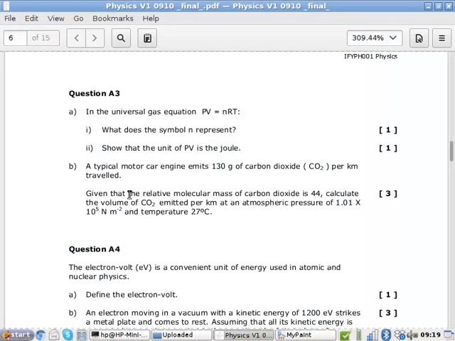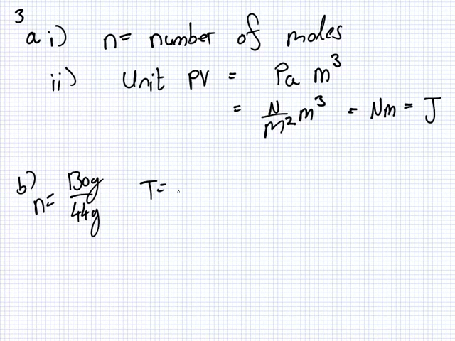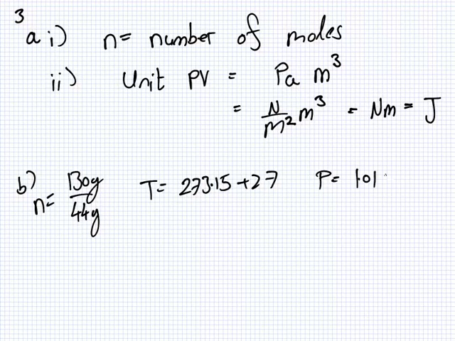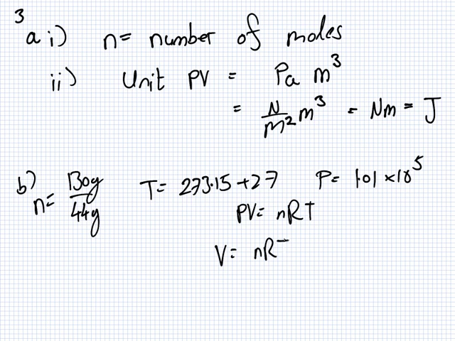And what is the pressure? Oh no, what's the volume? Okay, so the temperature is 273.15 plus 27, and the pressure is 1.01 times 10 to the 5. And you have PV equals nRT, and V equals nRT over P, which will be